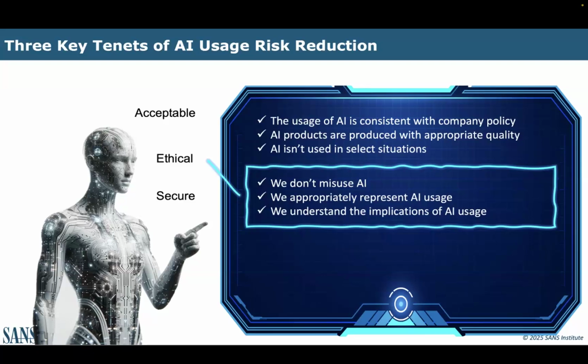And they were doing it without our visibility, without our guidance, without our support, without data classification, without any kind of recommendations about what tools they should use or ways they should use them. Everybody was just doing their own thing. That's where shadow AI starts to hurt you. We'll talk a little more about that in a minute. But when we're using AI, we should appropriately represent it, because it might be different if you're on a software team than on a marketing team or a sales team. Whatever your job is, there should be a way to represent that usage.